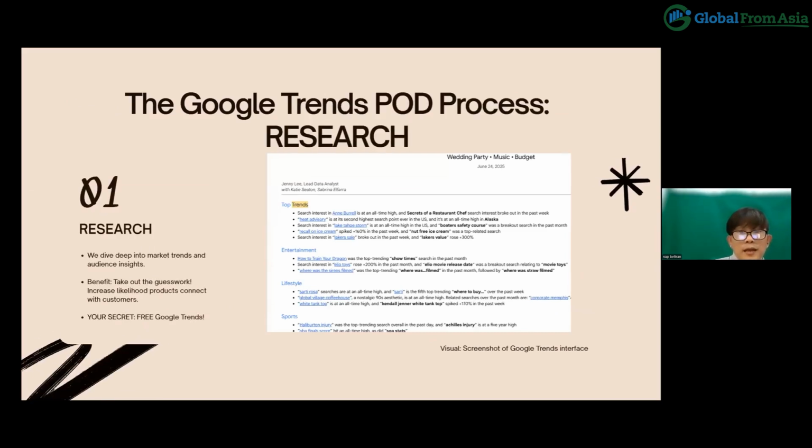So again, in the beginning, there's a lot of guessing what to sell or what to design, especially on my part because I'm not a graphic designer. What worked for me is because the AI tools that are available right now have become very good at producing designs. But again, everything has to start first with the process, and that's what the book is all about. In the beginning, I tried to subscribe to tools that I have to pay for monthly just to see what niches I should get into to make a sale. Then I chanced upon the Google Trends POD process, as I call it.